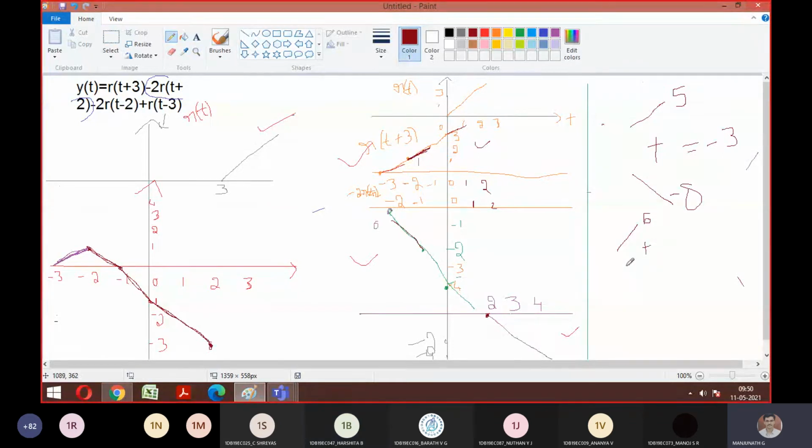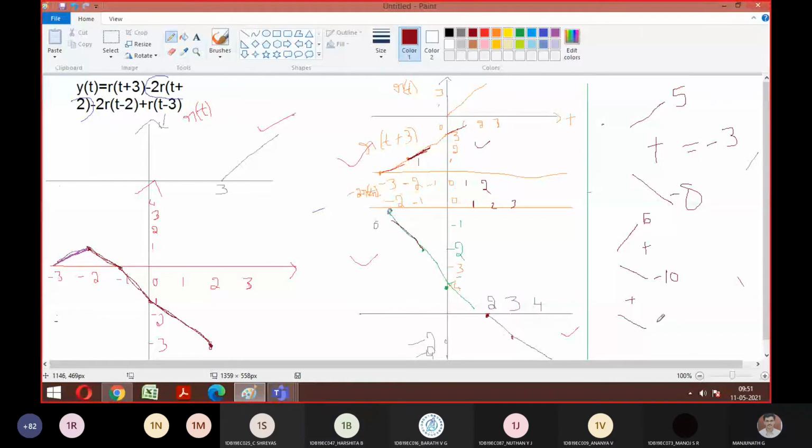Let's go one by one. So again 2 to 3, how much is it? -10. Okay, so this I should add with one more dip. So one more dip. How much is this? So for 2 to 3, what is the amplitude? Is it -2? Yes, sir.